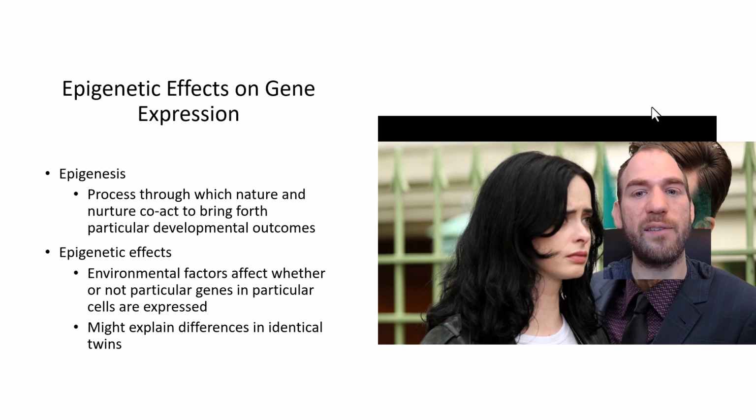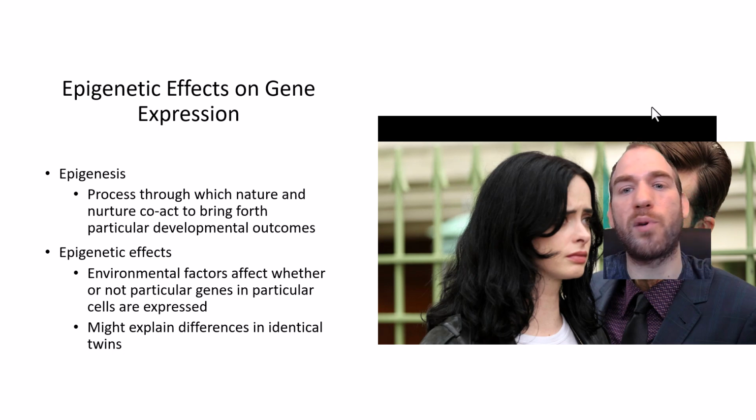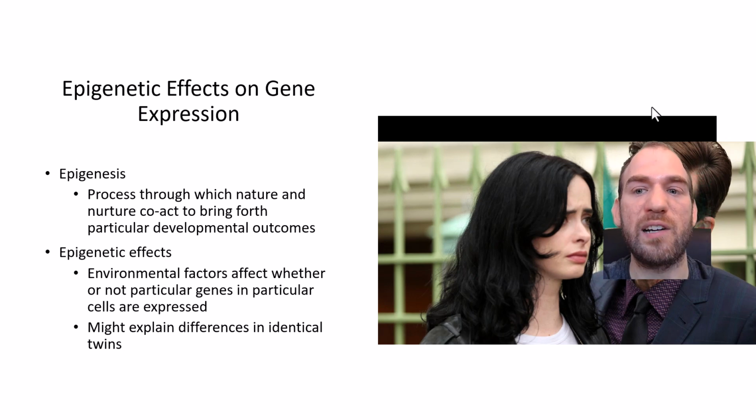So you can imagine a set of twins with almost identical DNA, one of them being exposed to a highly traumatic experience. Maybe they go to a different school, they have different friends, and they get exposed to something highly traumatic. And then all of a sudden, that one twin's genetic predisposition for, say, depression is activated due to that highly traumatic experience, while the other twin's genetic predisposition for depression is not activated because they have different peer groups and never experienced that traumatic event. But you can see here the complexity of genes and how the environment impacts these genetic processes.